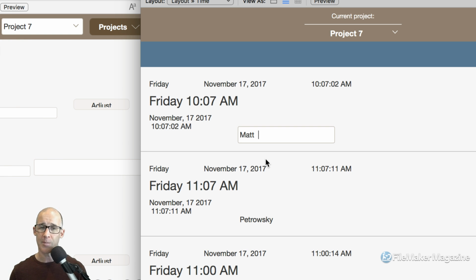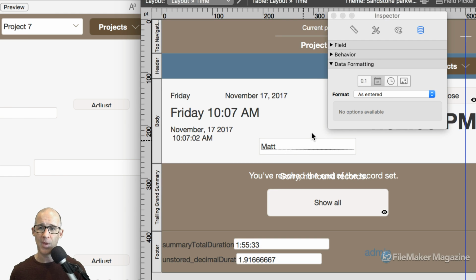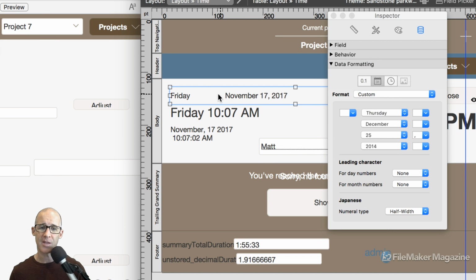So now what I can do is hold the Shift and the left arrow to select that tab. Why am I doing this? I'm going to copy it to my clipboard with Command or Control C. I'm going to go into layout mode, and that is because when I select this block of text,